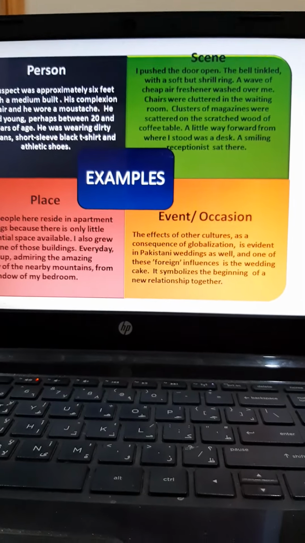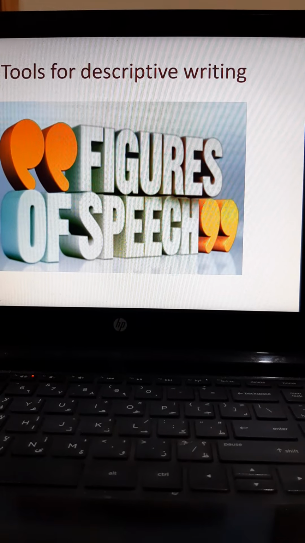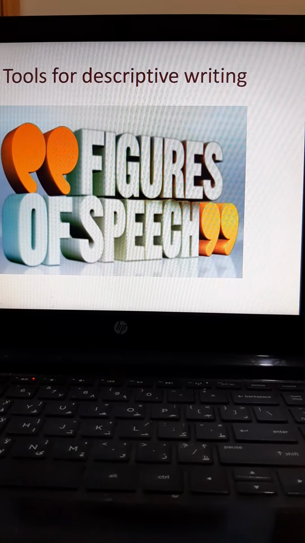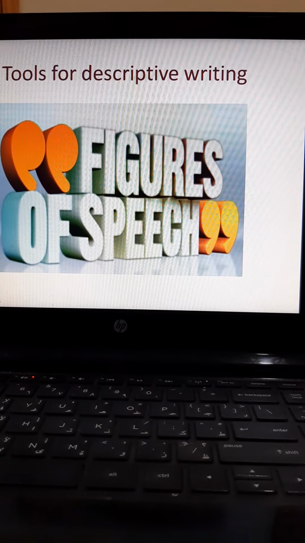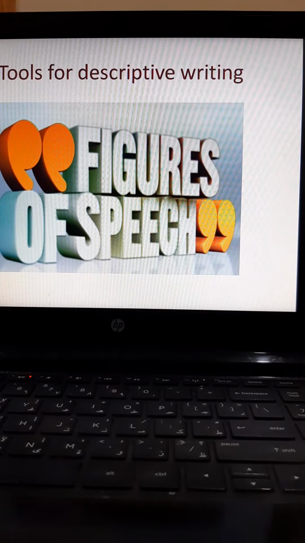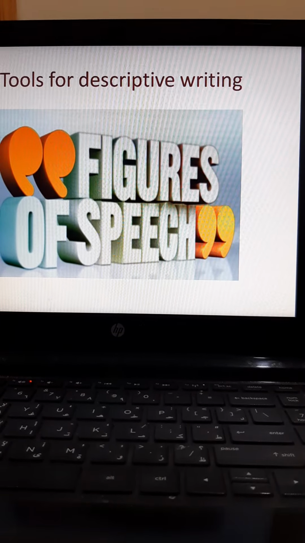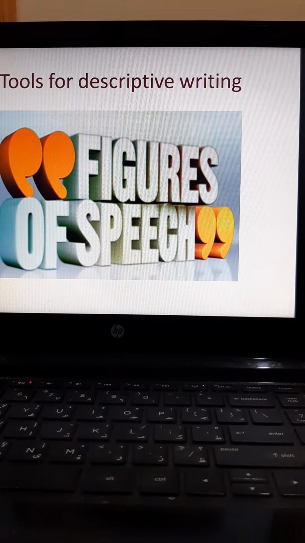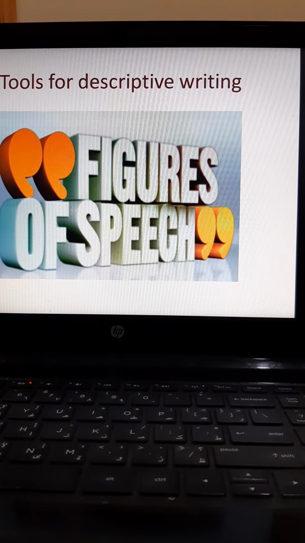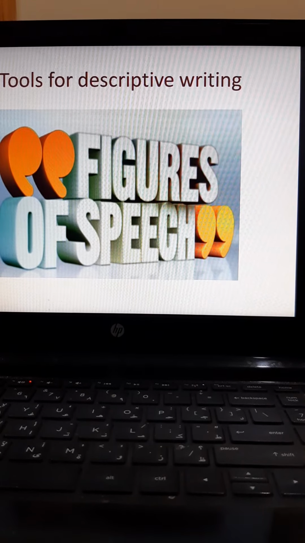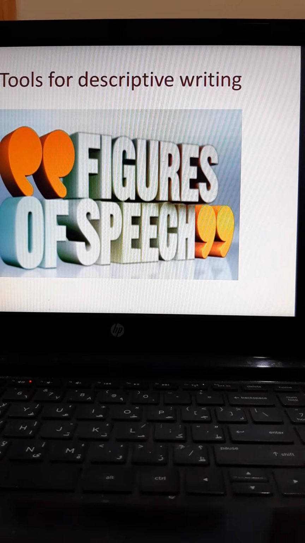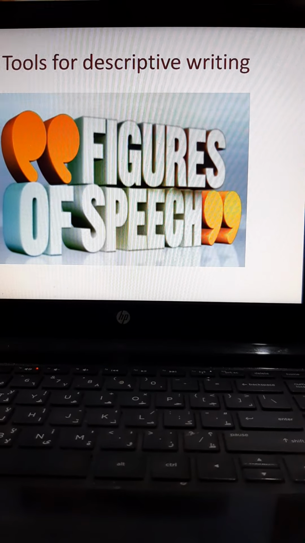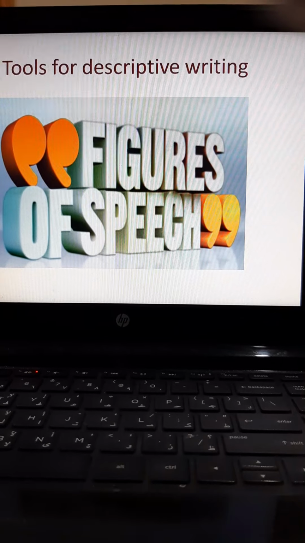All right. Now, let's talk about tools of descriptive writing. In order to bring a scene alive for the reader, or let's say your checker, it is a good idea to think about different ideas so that it may appeal to different senses such as smell and hearing. Effective descriptive writing makes use of certain linguistic devices, the figures of speech, which not only embellish but make clear what is being described. Among these devices are similes, metaphors, adjectives, verbs, and adverbs.